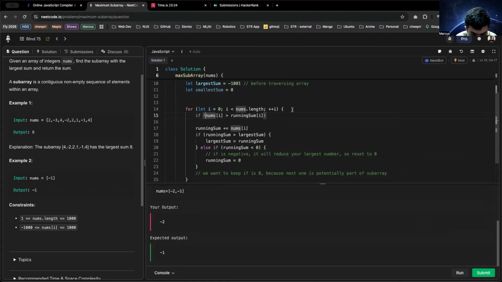Right. Else if running sum is less than 0, we want to